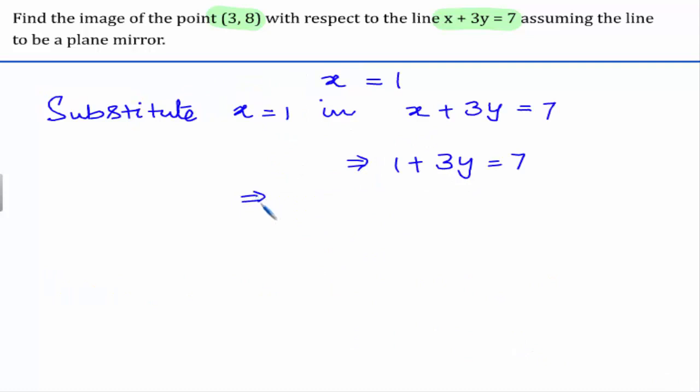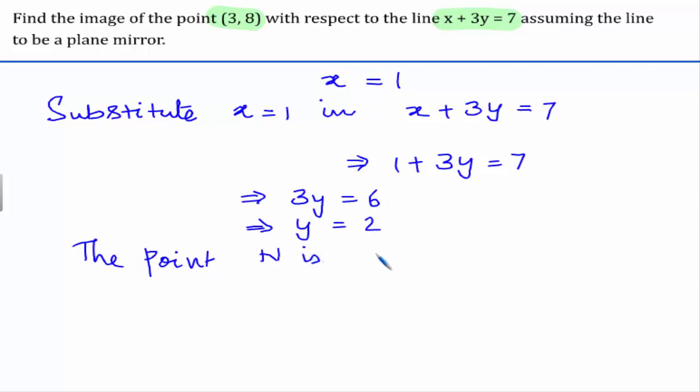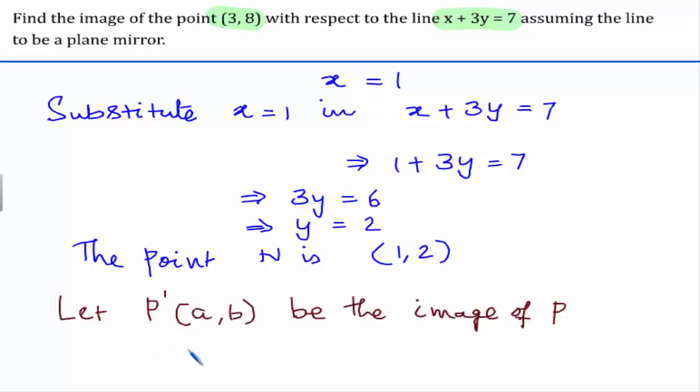Then 3y is equal to 6. So y is equal to 2. So the point N is 1, 2. Now let us assume that P dash with the coordinates a, b be the image of P,